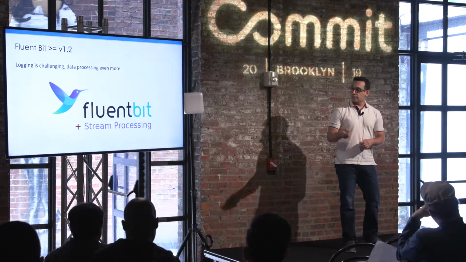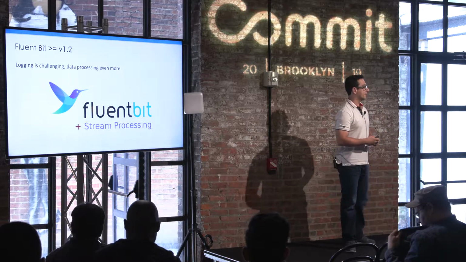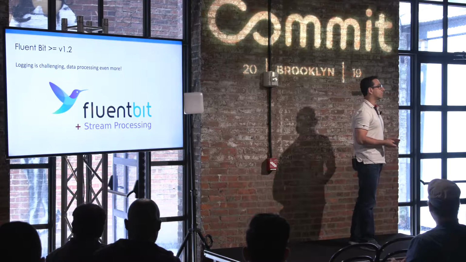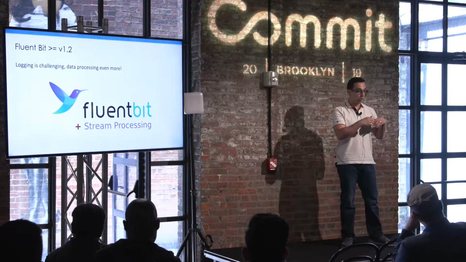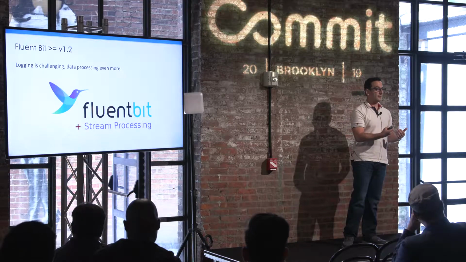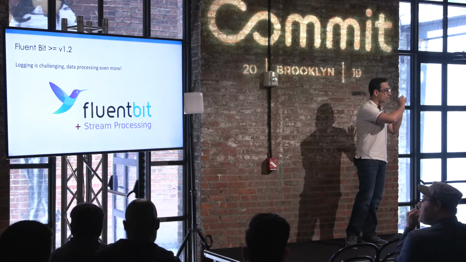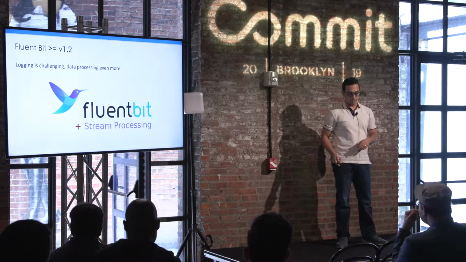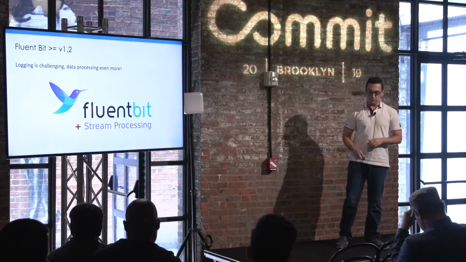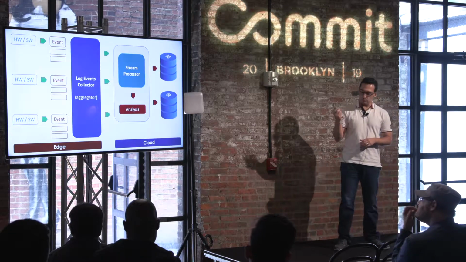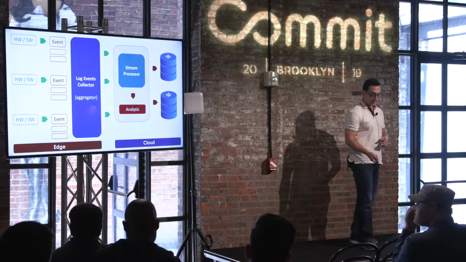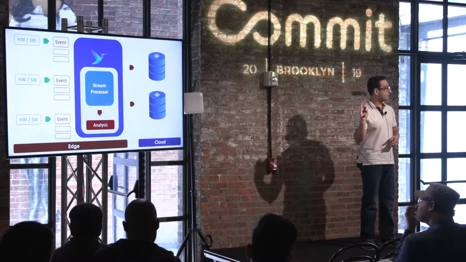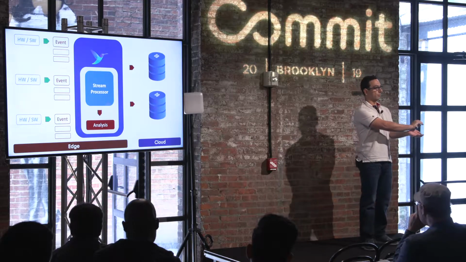In Fluent Bit 1.0, we started implementing its own stream processor. That means that you can do logging, normal filtering, and data processing at the edge, inside your own tooling that you have in your cluster or your service or device. So this was the original approach that most people are using, and what we are doing is something like this, merging all the stream processing in the same logging tool.